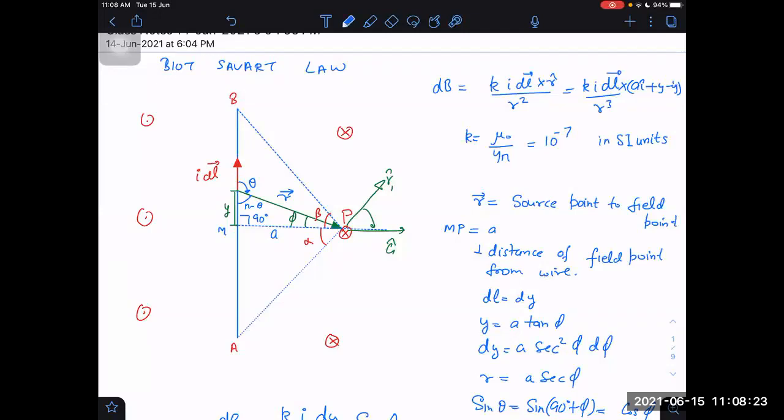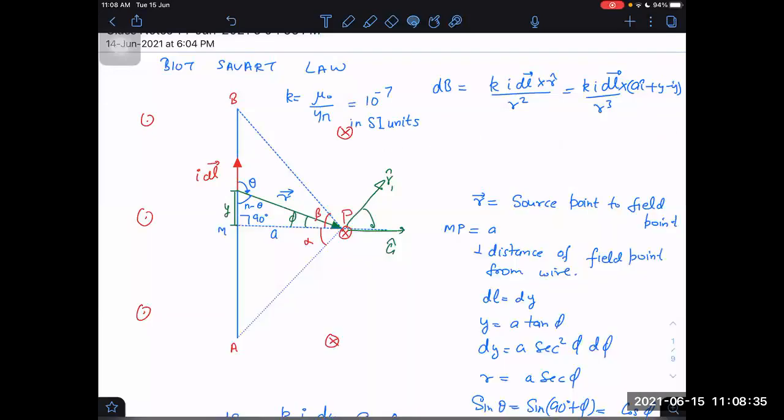So finally, what I have to do? Finally, I have to integrate only dl. It will become k into I into dl. dl and a will be mutually perpendicular, right? Yes. So just dl upon r cube into a will be enough. Right or not? That is dB. I'm taking now magnitude wise; direction I already know will be along minus a cap, that minus I'm writing separately. Yes, sir. Okay. That will be B.